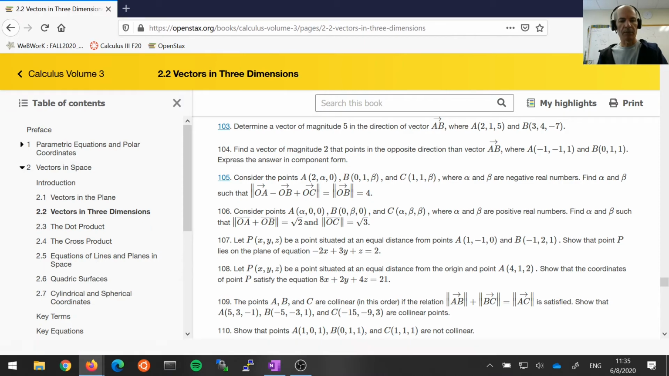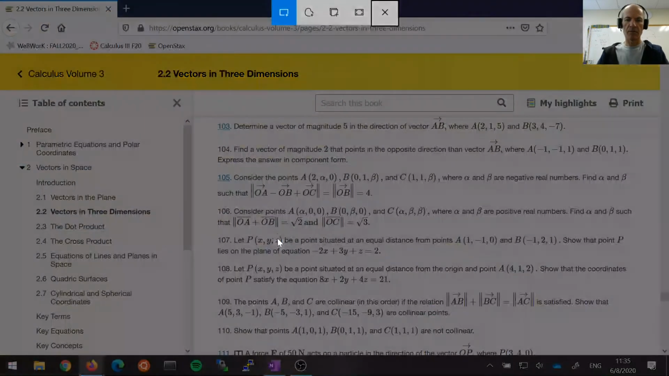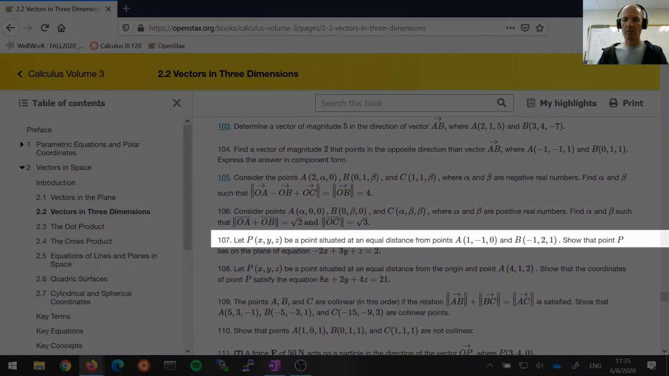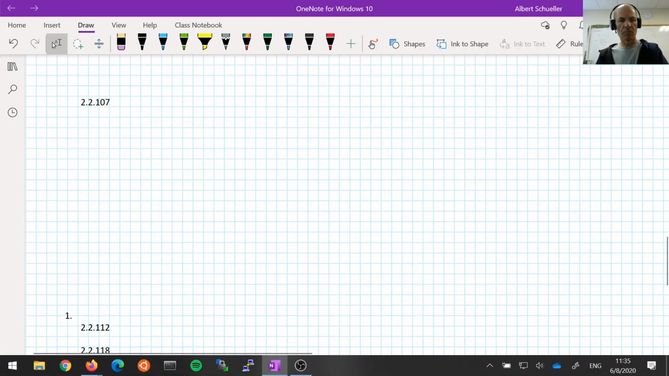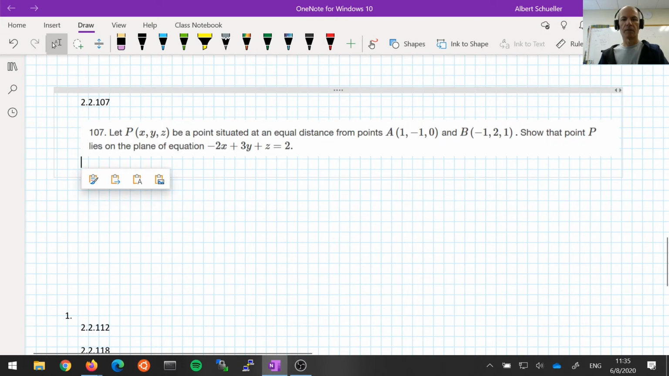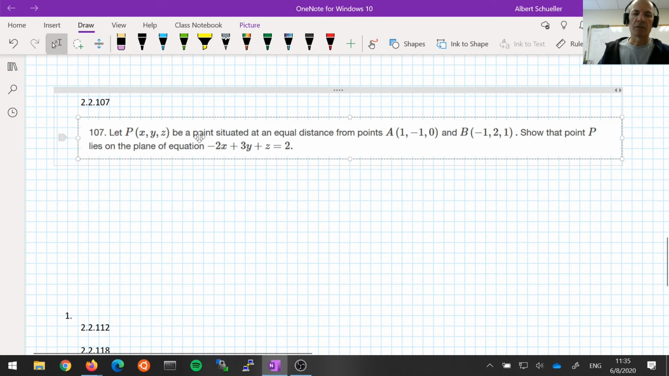So let me make a copy of this. It's going to be perfectly equivalent for us to compute the distance squared from here to here and the distance squared from here to here and set those equal to each other. And the advantage of working with distance squared instead of distance is we don't have the square root floating around. So let's compute the distance squared